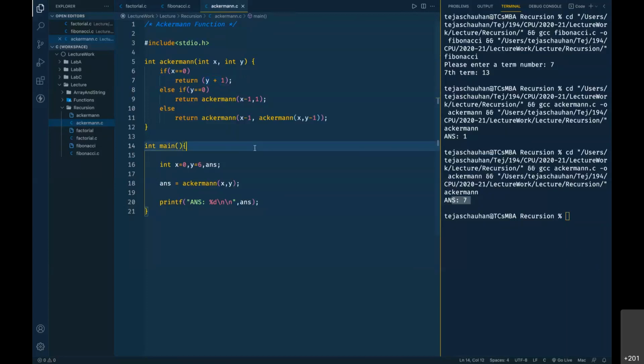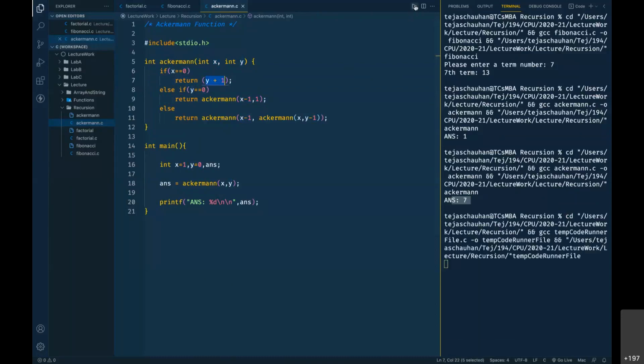Okay, but if I change this x, मान लो कि x को मैंने 1 कर दिया, then x is not 0, तो वो यहाँ पे आएगा. Now let's make y 0 first. मैं y को 0 कर दूँ. So x is not 0, तो वो second else if यहाँ पे आ गया. Y is 0, yes it is. Then it is going to call this thing. x 1 है तो 1 minus 1 0 करके y को 1 करके वो send करेगा. So that's going to be 0 1 call. अगर 0 1 call हुआ, x is 0, तो 1 plus 1 answer 2 मिलेगा हमें.